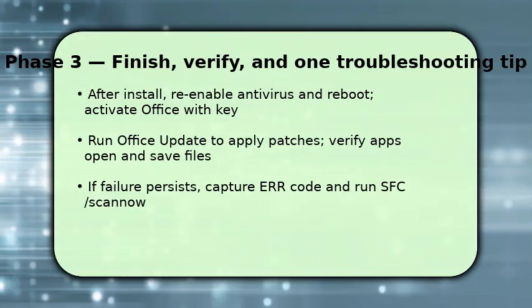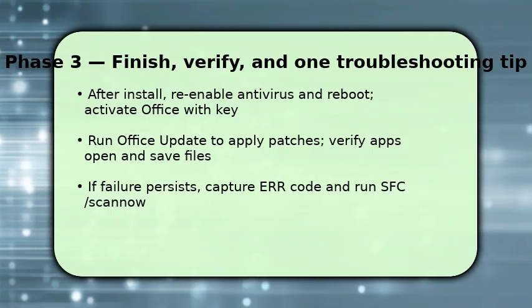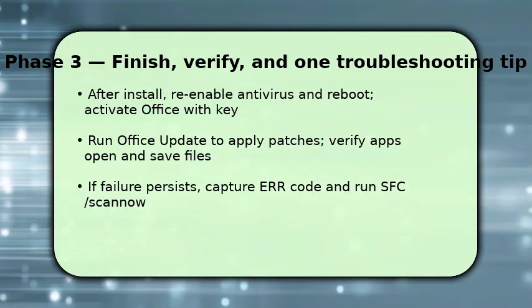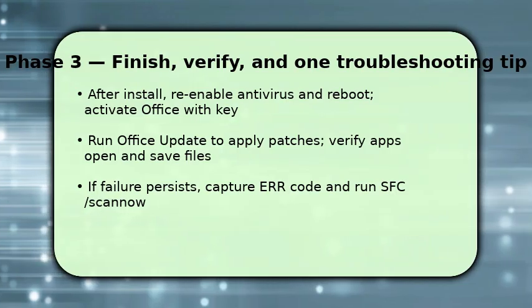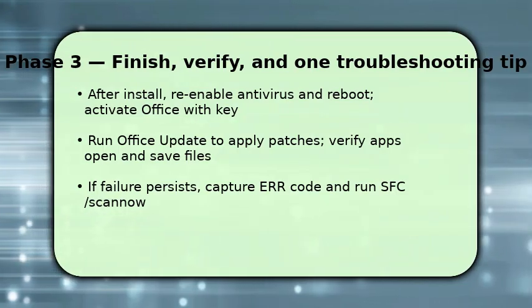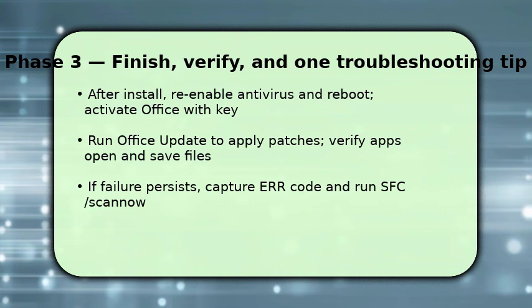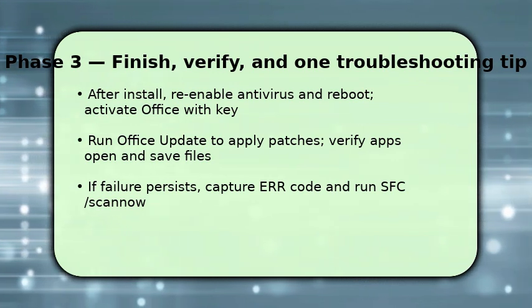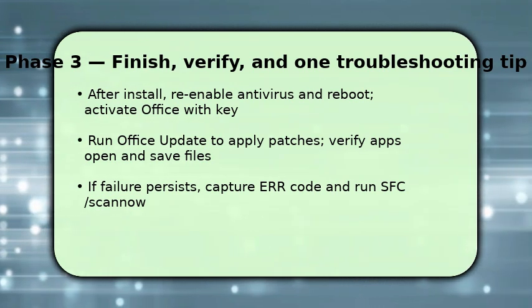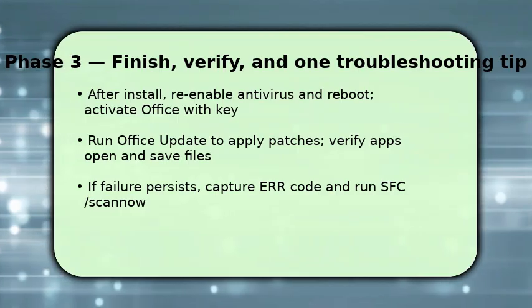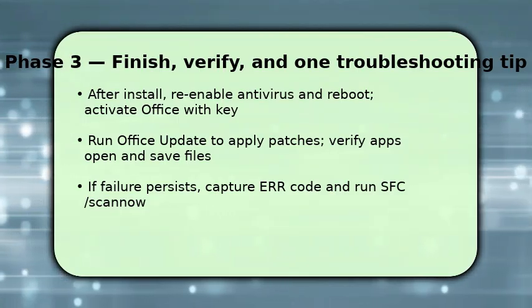Once active, run Office Update to install security and stability patches, and open Word or Excel to confirm save and licensing behavior. If you still encounter errors, capture the exact error code from the log and run System File Checker with sfc /scannow to repair corrupted system files. This single